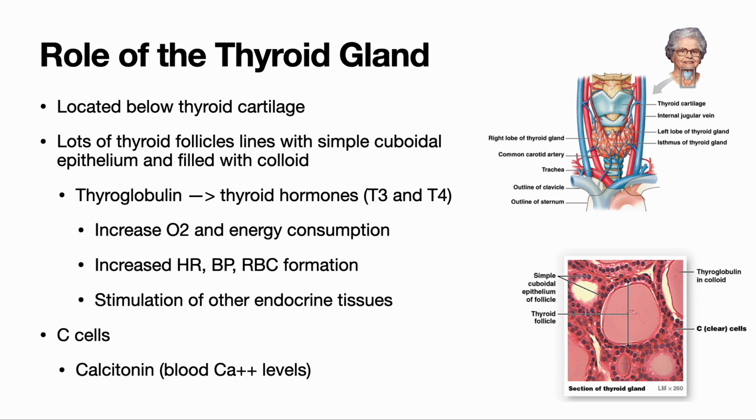So I really suggest that you make a big chart, like a big pretty chart. If you love color pens or post-it notes, you could really go crazy with this. But make a chart where you list all of the hormones we talk about in this PowerPoint. Then in another column have where are they made? Then in another column have where do they go? In other words, what are the target cells? Where are those target cells located? And then maybe the last column is what's the effect of that hormone? What do those target cells do in response